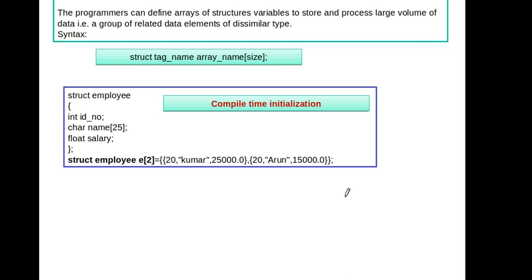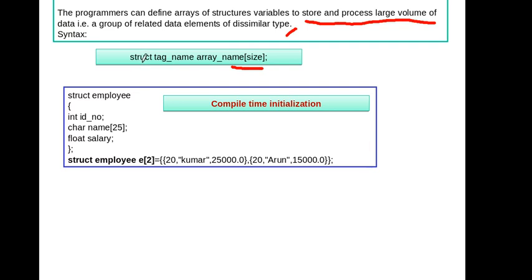So let us see how array of structure is used in programming. The programmer can define an array of structure variables to store and process a large volume of data, that is, a group of related data elements of similar type. If you want to use the concept of array of structure in programming, you have to declare the structure variable using the array concept.